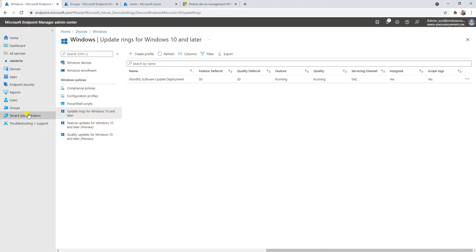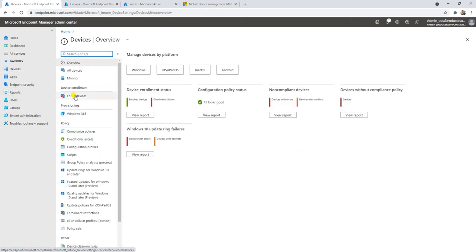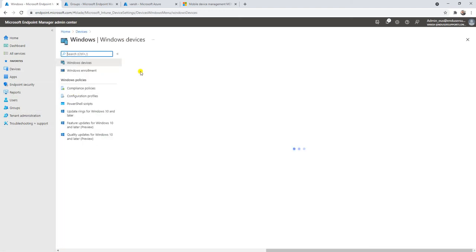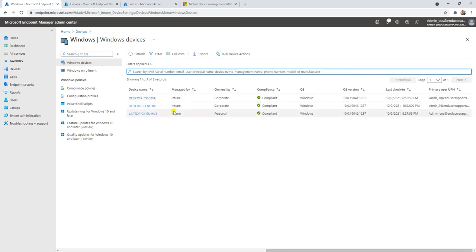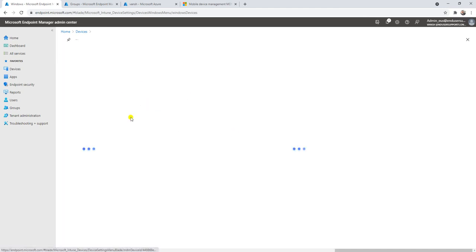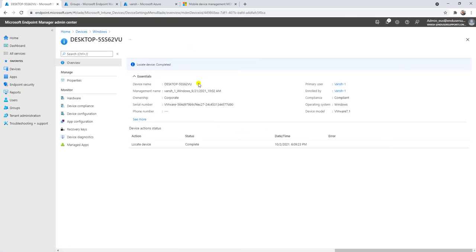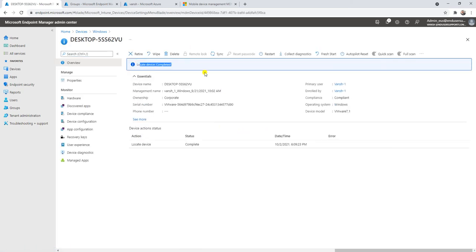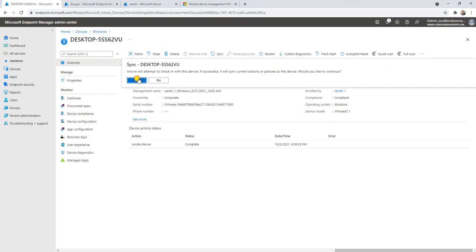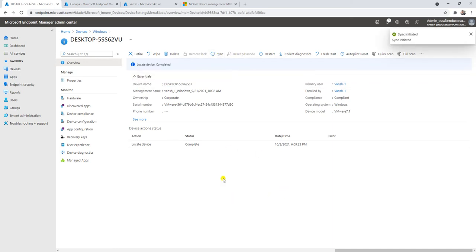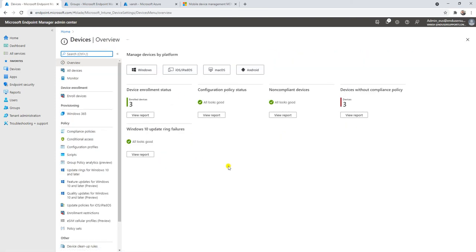Well, let me go to the user, the device, and let me push the policy from the console. So go here and you can update the policy. Okay, so here is this device. Let me click on sync, and now this device will be synced with the Intune console, and then it will get the new policy.